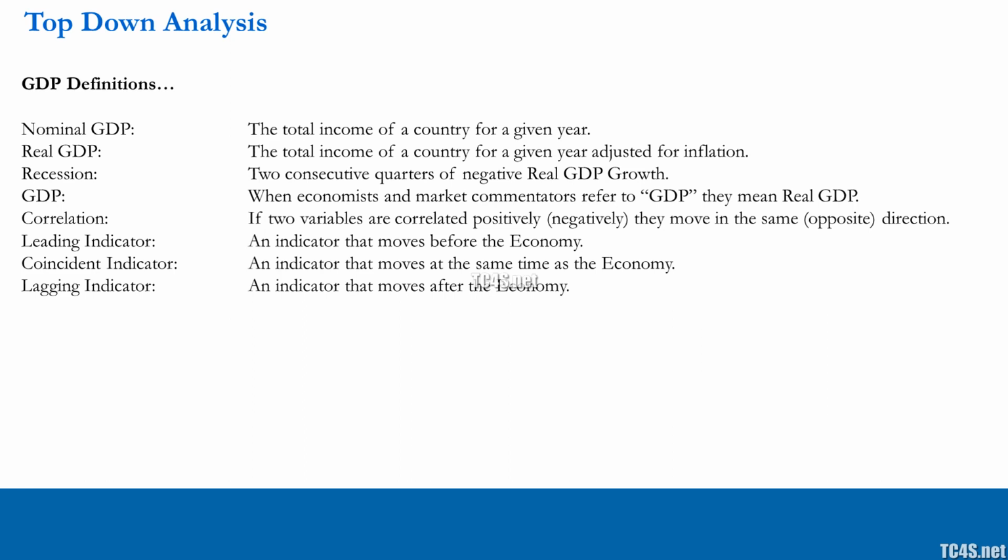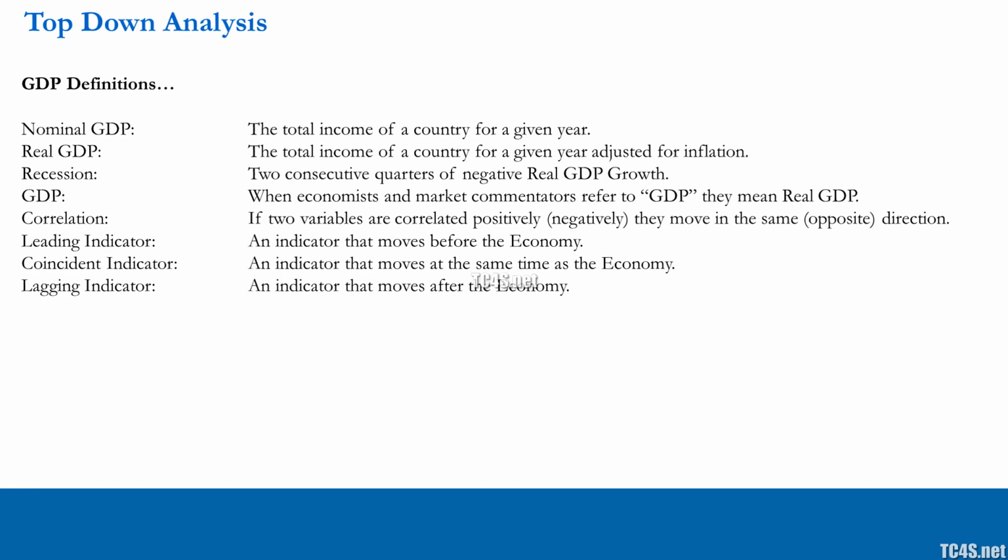Go to the downloads area of this video. You'll see a PDF called Basic Statistics Guide. And that will take you through a whole bunch of basics on statistics, but also correlation. So go through that. It's important to have a basic understanding of statistics and correlation as we're building up our knowledge. But with correlation, it's pretty straightforward. If there's two variables and they're correlated positively, it means they move in the same direction. If they go in the opposite direction, it means they're correlated negatively.